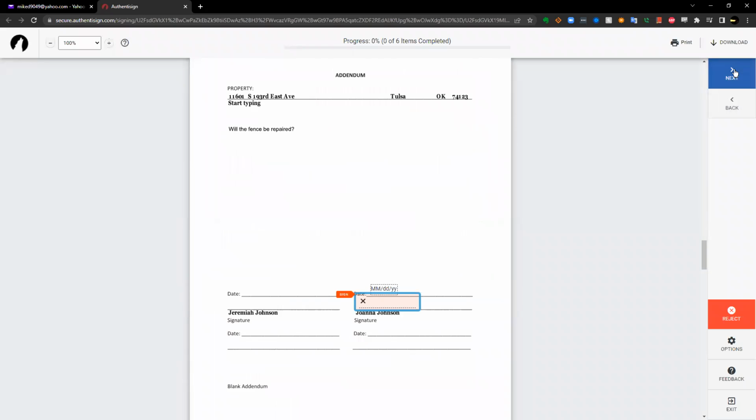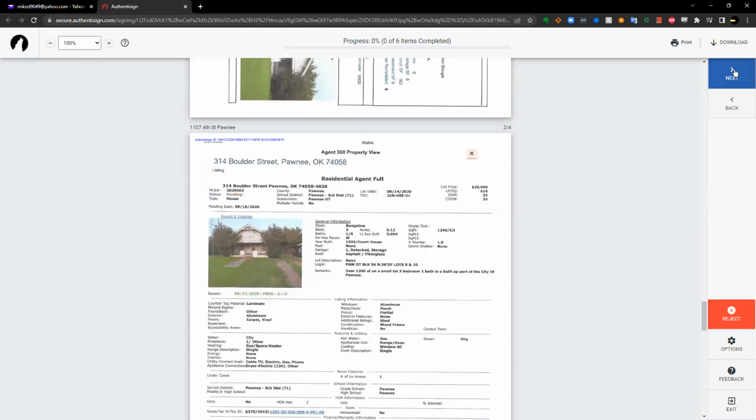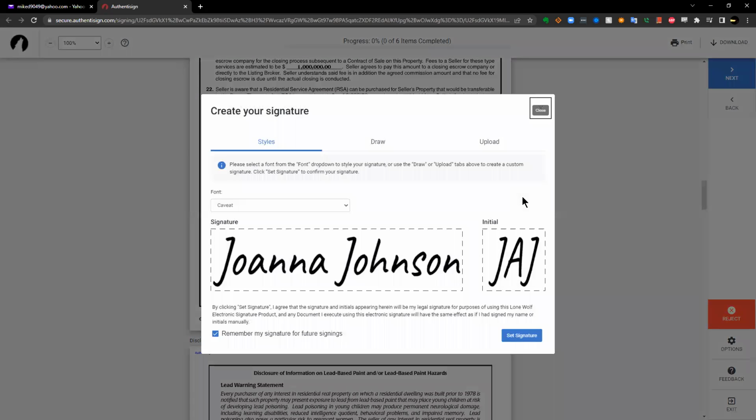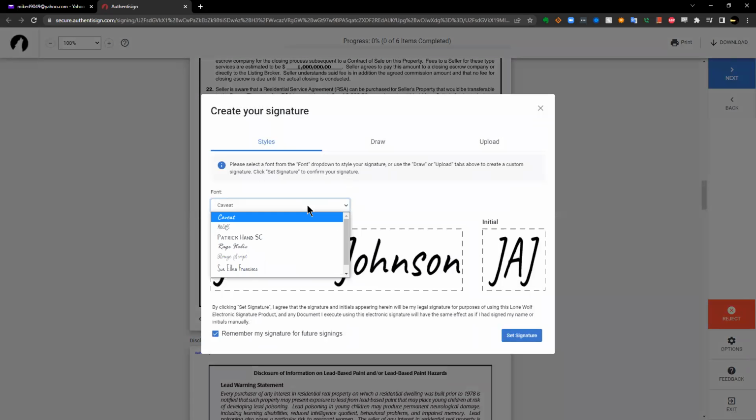I think I hit next. Yeah, it doesn't actually interact with it. It's just moving you to the next field. You do actually have to either hit the field or you can actually hit the space bar. Now, the space bar is kind of the